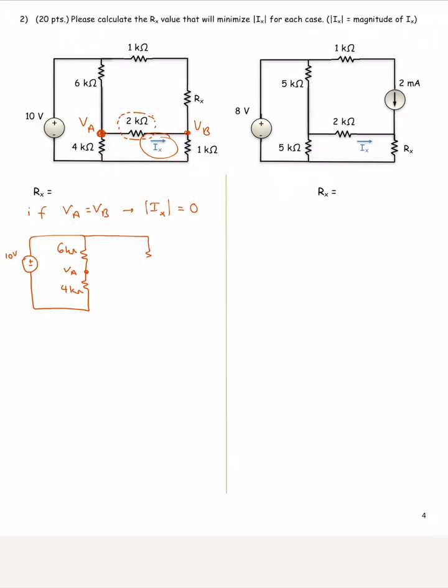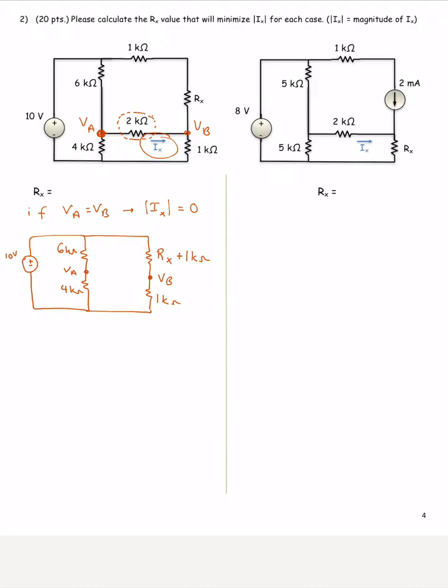Then we have an equivalent resistor here, which is Rx plus 1 kilo ohm, and then we have 1 kilo ohm, VB. Keep in mind that if VA equals VB, it doesn't matter if we have a resistor in between, or if we have a short, or if we have an open. So in this case,